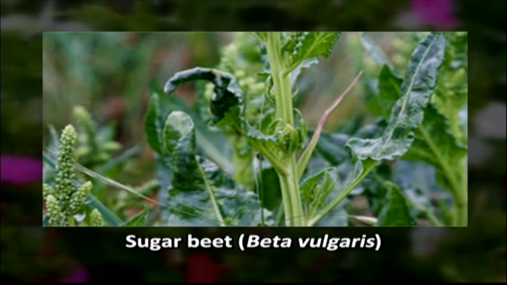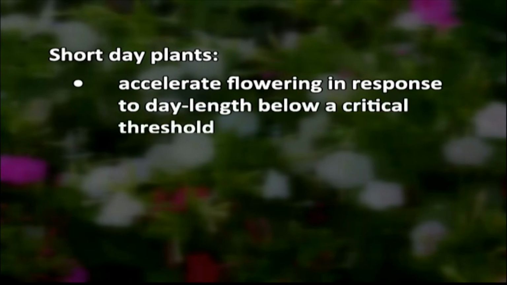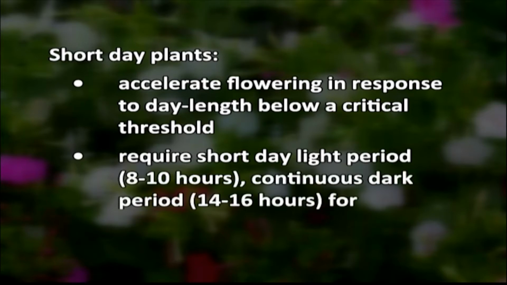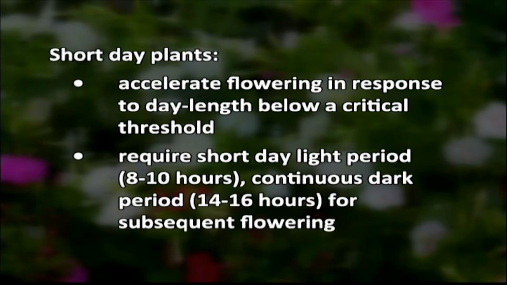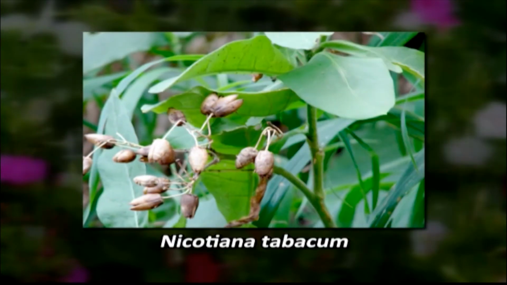The best examples of long day plants include henbane, scientifically called Hyoscyamus niger, spinach, Spinacia species, and sugar beet, Beta vulgaris. In contrast, the short day plants are the plants that accelerate flowering in response to day length below a critical threshold. The short day plants require a relatively shorter daylight period, usually 8 to 10 hours, and a continuous dark period of about 14 to 16 hours for subsequent flowering. Some examples of such short day plants include the Biloxi variety of soya beans, scientifically known as Glycine max, or Nicotiana tabacum,